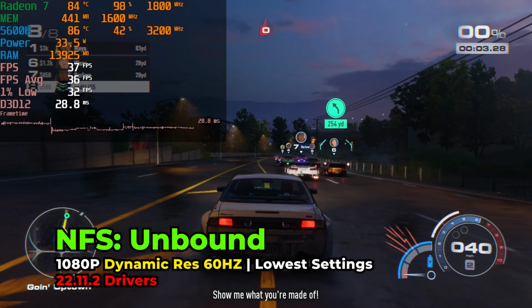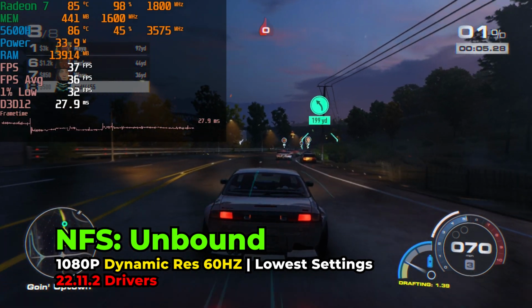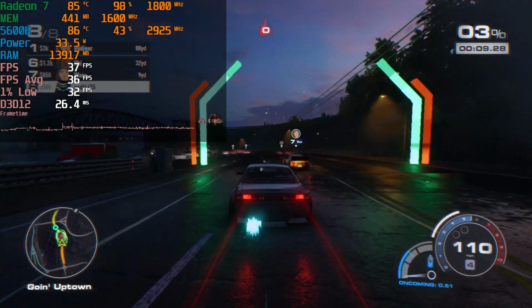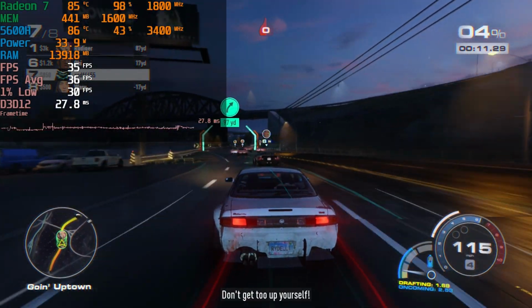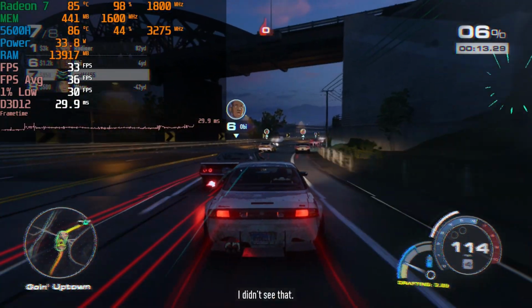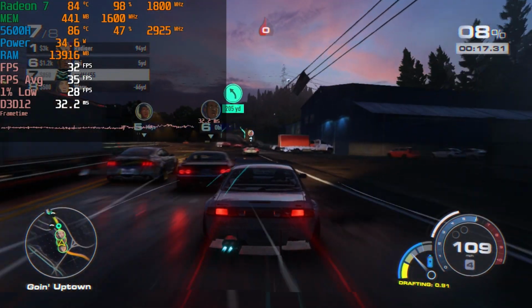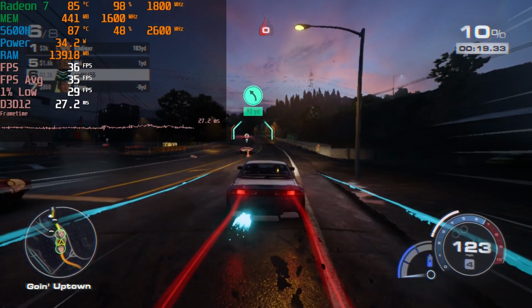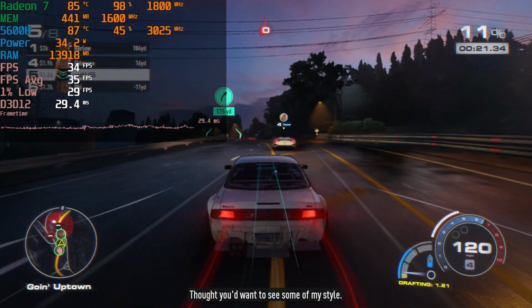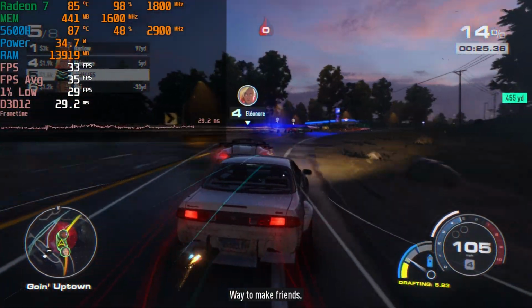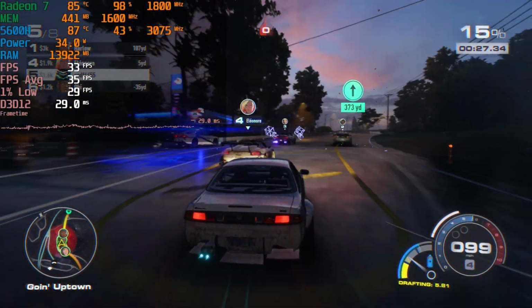Now you could set a target of either 60 or 30 Hertz, and I would recommend going with 60 just because if you go with 30, it will bring the 1% lows to far noticeably below 30. A lot of the times being in the very low 20s. Now your 1% lows are still going to go underneath 30 if you go with the 60 Hertz option, but it tries its best to stay as close to 30 as possible for the 1% lows, and it pretty much